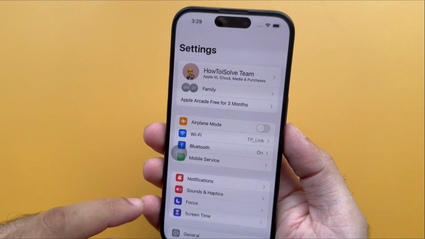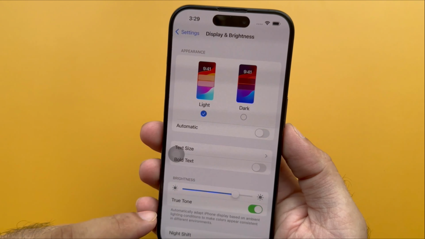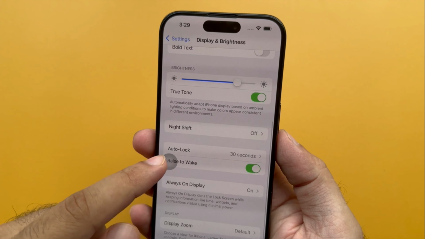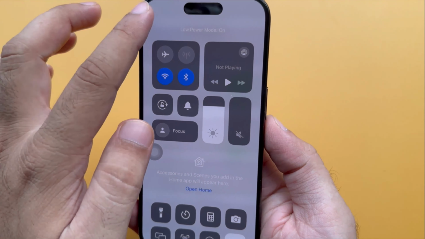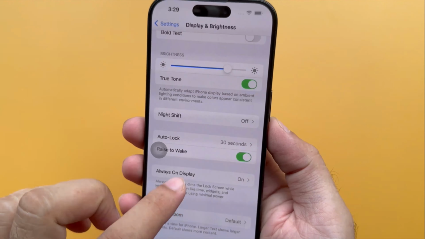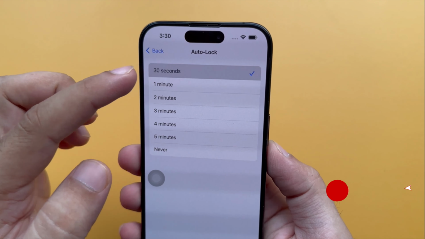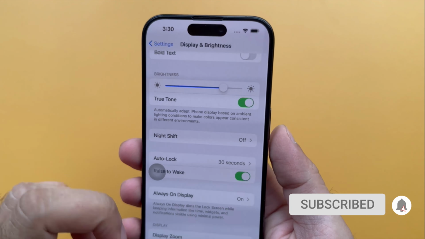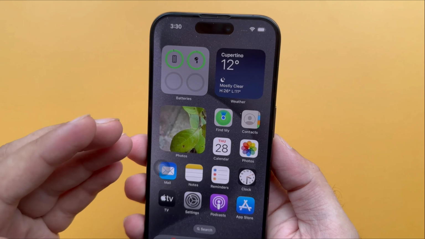Launch the Settings app on your iPhone. Then, scroll down and tap on Display and Brightness. In case the auto lock option is grayed out, then you need to turn off the low power mode from the control center. Check whether the auto lock is set as never. If yes, tap on it. Select a shorter duration, such as 30 seconds or 1 minute. Now, check if your iPhone screen locks or not. In case the auto lock duration is perfect,